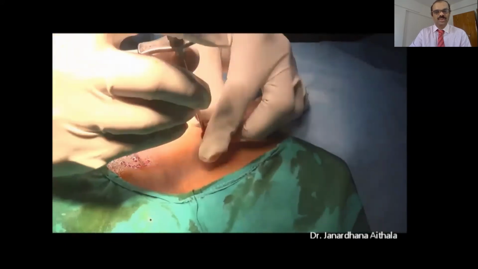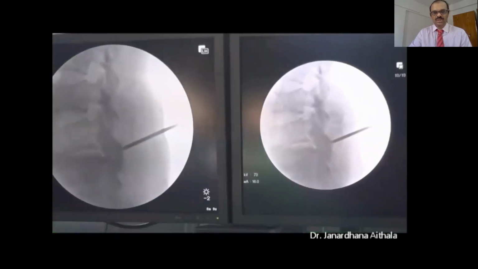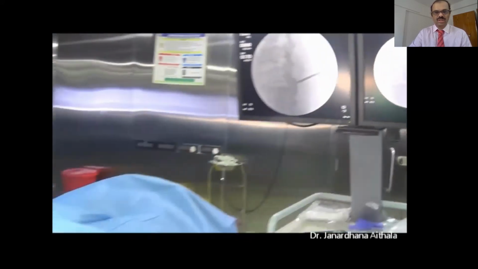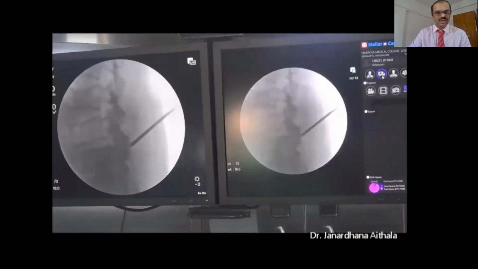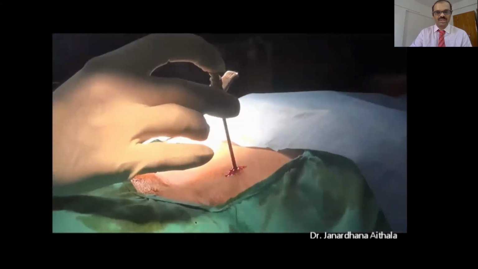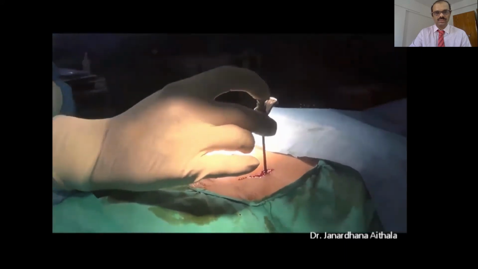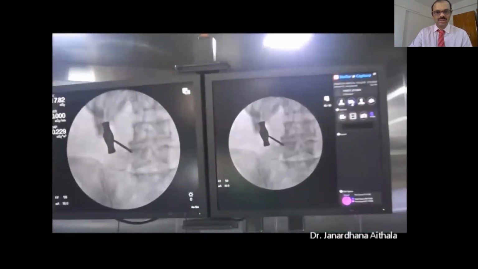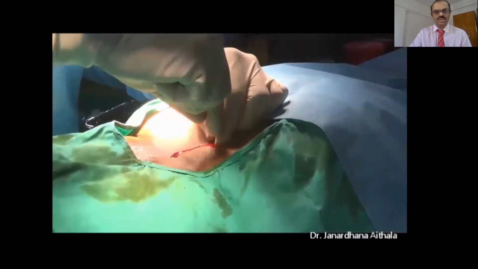Then an incision is made, and the Jamshidi needle is introduced. We can see that this is station 1, confirmed with the image. It's slightly on the superior aspect, so it is redirected. Now you can see it is correct. Now we have to confirm the same with the AP view also. Yes, it's in the superolateral corner of the oval shadow, so that means it is station 1.